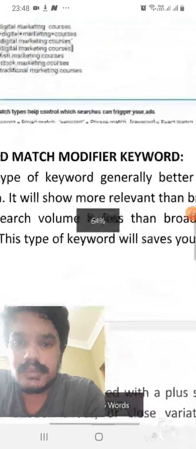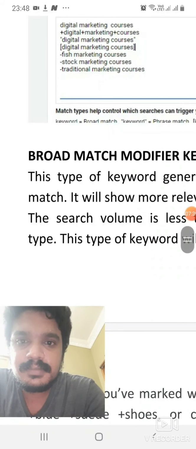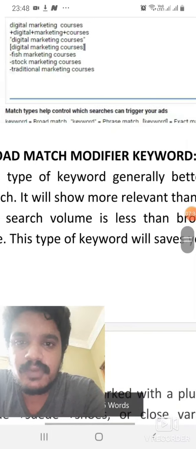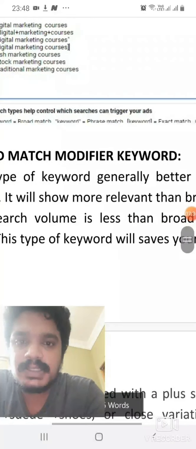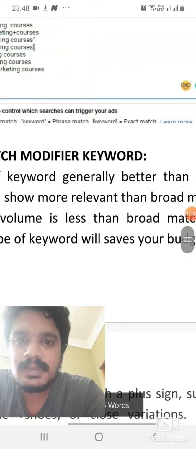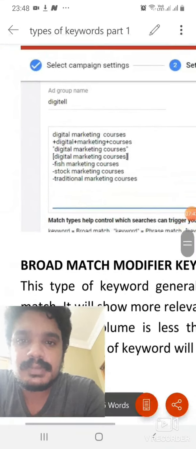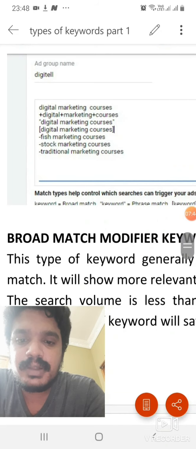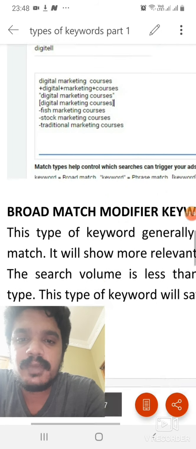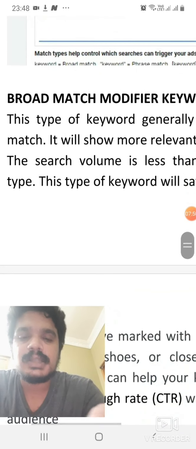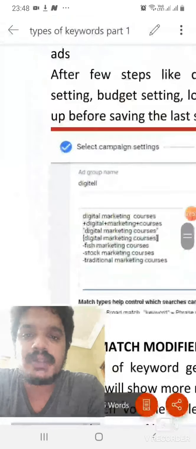Here you can see the match type helps control which searches can trigger your ads. Keyword broad match, keyword phrase match. It is actually cropped, but you can see these are the symbols of different types of keywords in Google Ads. This is how broad match works.